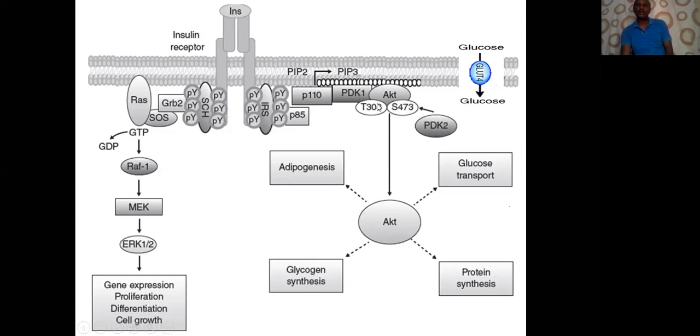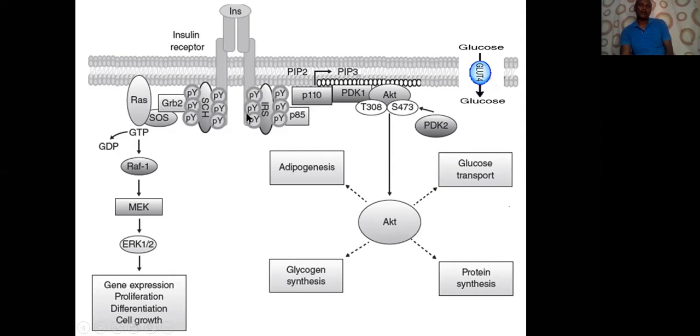Once it is activated, then the glucose will be transported. So this activation is done by these two protein dependent kinases. These two are activated by phosphatidylinositol triphosphate. So this comes from the biphosphate. This conversion is done by the insulin receptor substrate. So this insulin receptor substrate, when it is activated,